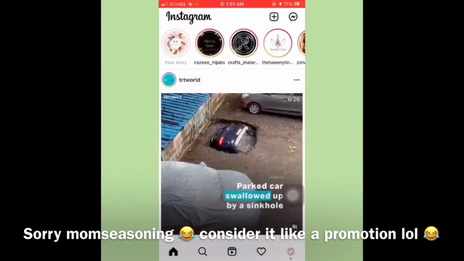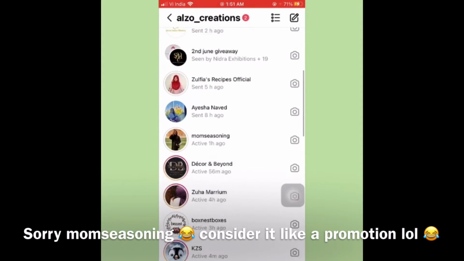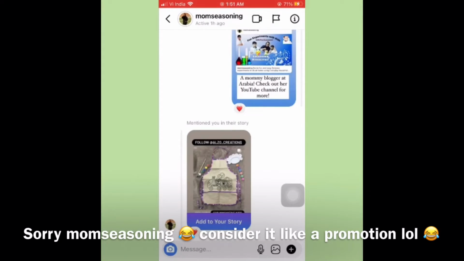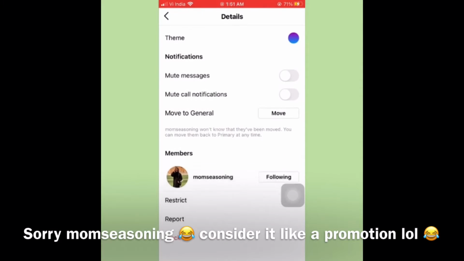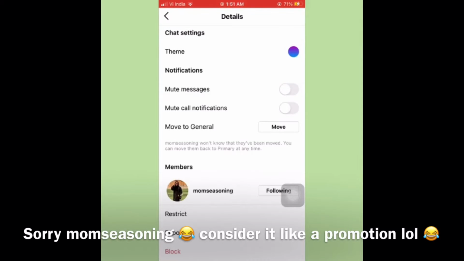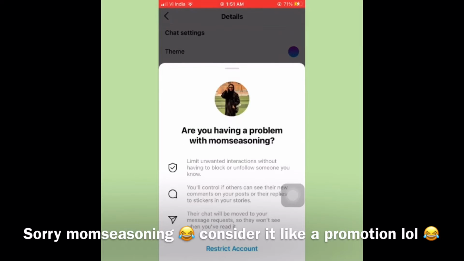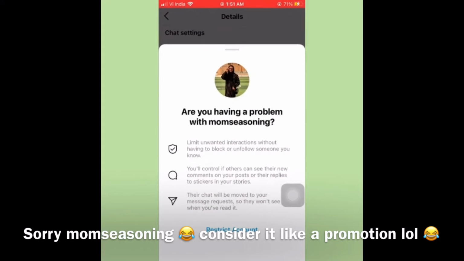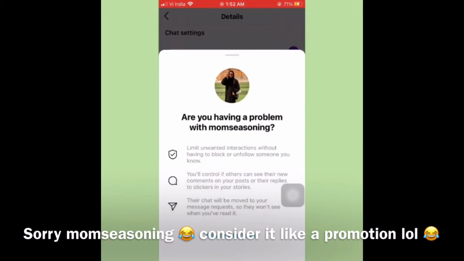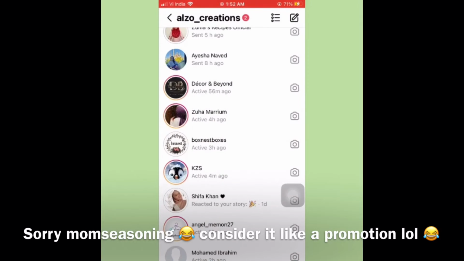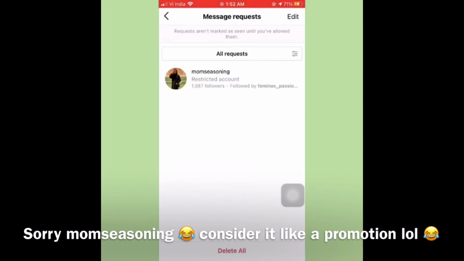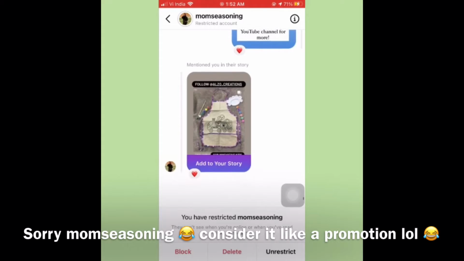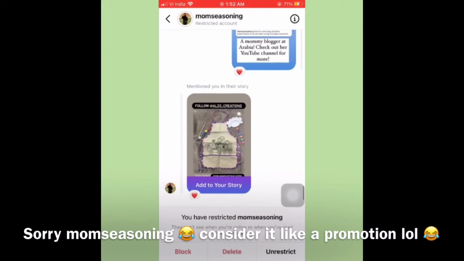I'm sure the next trick is going to be really helpful for many people, because we have so many profiles or so many people in our list whom we want to restrict in our life, without blocking them, without hiding stuff from them. You can simply restrict the account by clicking on the restrict option. In that way, you will not get their messages unnecessarily. It will be sent to the message request folder, where you can go and check out their messages. Even if they comment or even if they like, you will not get notified. You can avoid unnecessary responses from the people whom you don't like.